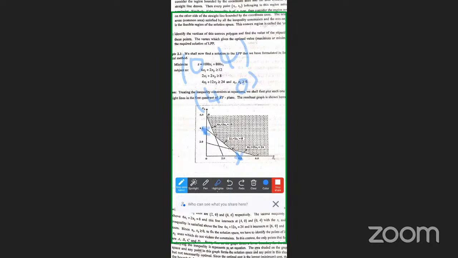So this line is 2x1 plus 2x2 is equal to 8. Draw a line joining these 2 points. So this is the 2x1 plus 2x2 is equal to 8 line. Next, similarly, the last one. Here x1 is equal to 0, x2 is equal to 2, and x2 is equal to 0, x1 is equal to